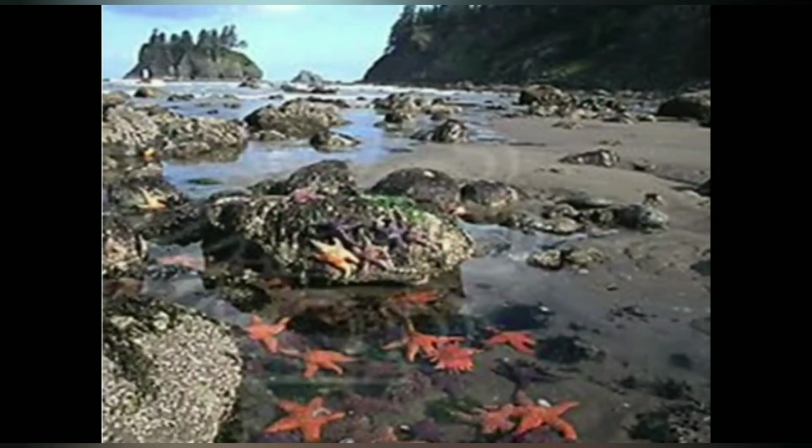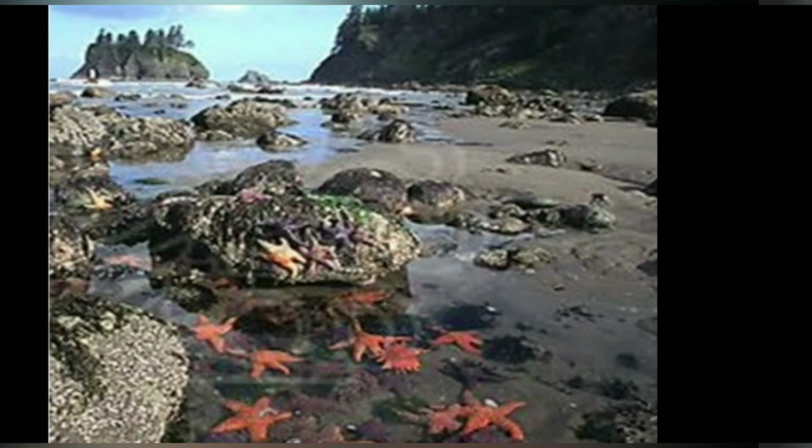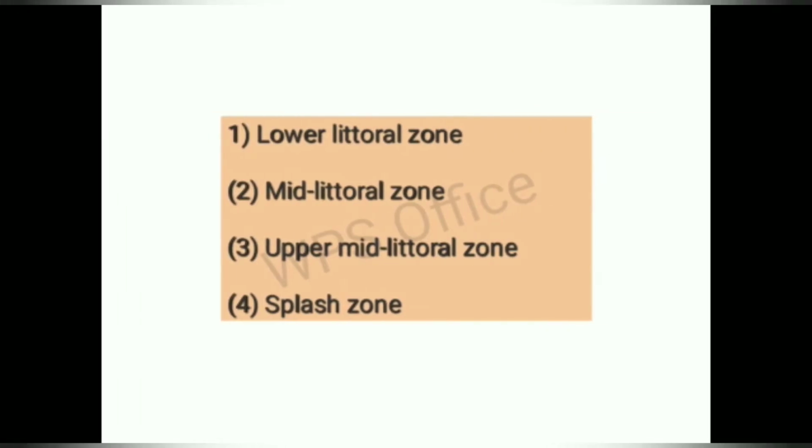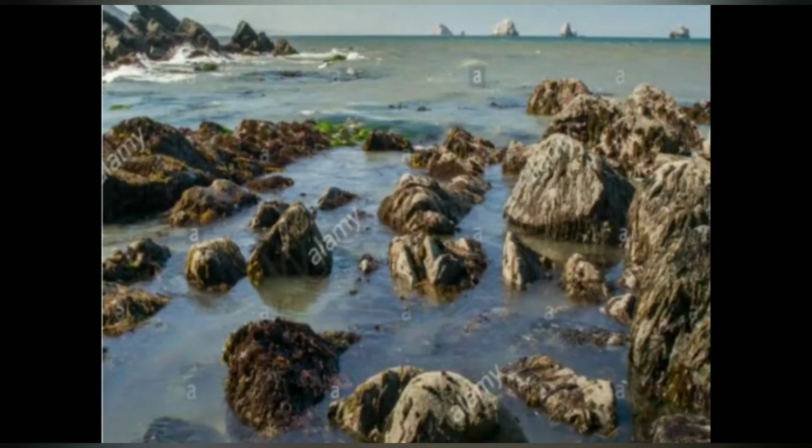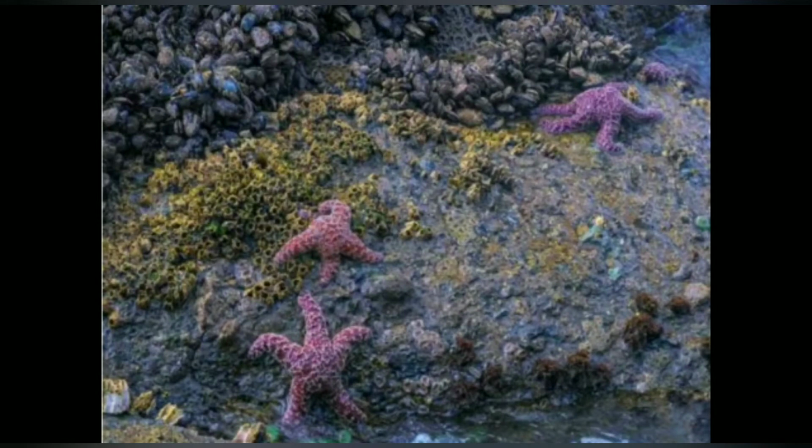The defining characteristic of the intertidal zone is that it is submerged with water during high tide and exposed to the air during low tide. The zone can take many forms from sandy beaches to rocky cliffs. It is common for the intertidal zone to change frequently since it is constantly battered by crushing waves. The intertidal zone is divided into four distinct regions: lower littoral zone, mid littoral zone, upper mid littoral zone, and a splash zone. The intertidal zone experiences two different states: one at low tide when it is exposed to air, and the other at high tide when it is submerged in seawater.